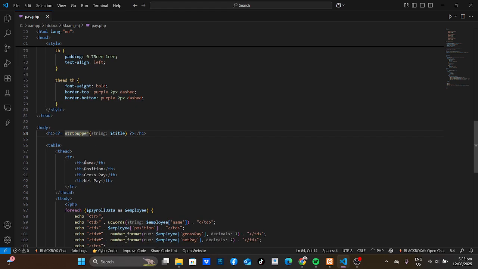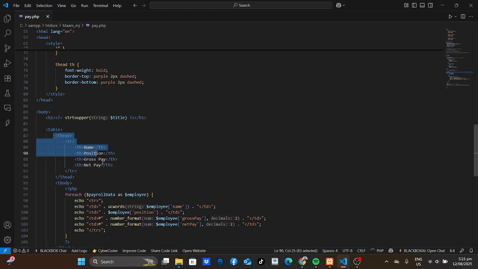And then I created the table with headings, which are name, position, gross pay, and net pay.